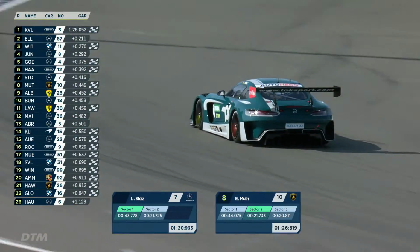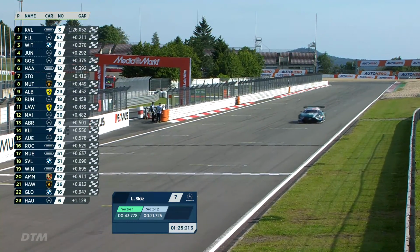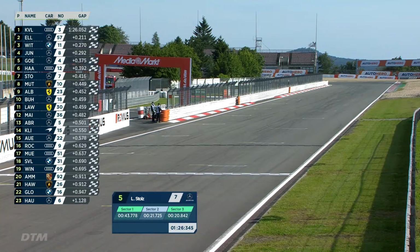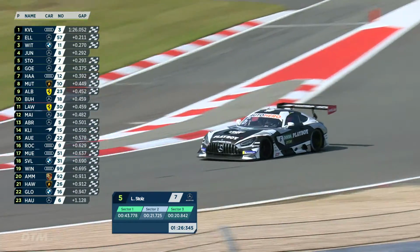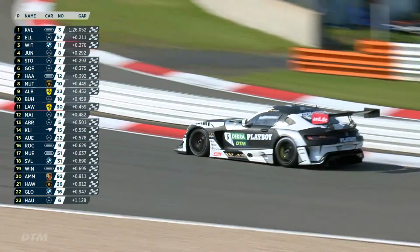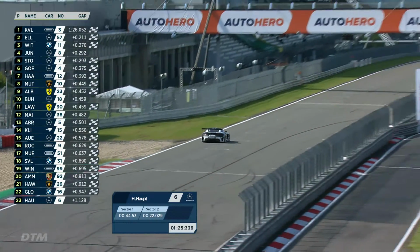Alex Albon put in the best final sector of the lap, but only good enough for 9th place. Lucas Stoltz, can he get into the top 6 with this lap? Yes, up to 5th place at the end of the session. Hunkerdea 4th as well with an improvement late on. But at the top of the tree, he's untroubled because Kelvin Van Der Linde has got a 3rd pole position of